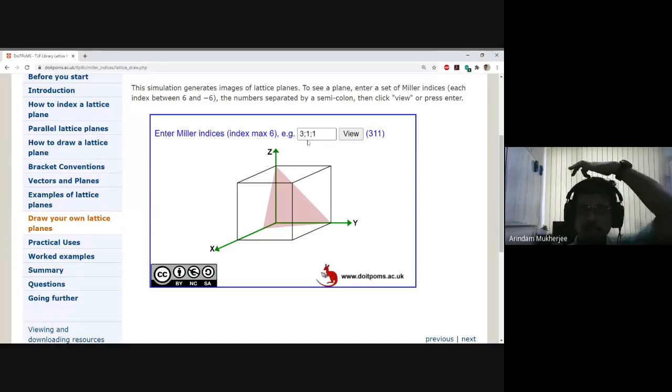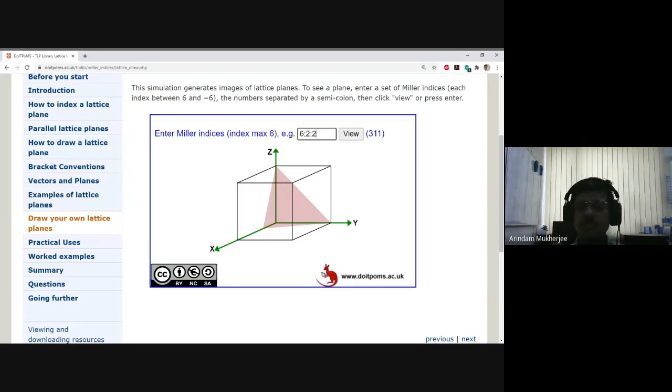And what will be the parallel plane to 311? Anybody? Can you name a parallel plane to 311? Use a different index. Otherwise, you can say always a 311 parallel plane 311 here. That is correct. But give me a new index. What was the rule? We multiply. So it becomes 6, 2, 2. While doing this multiplication, remember which one you are multiplying with.